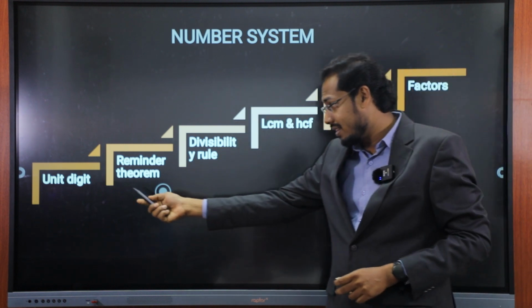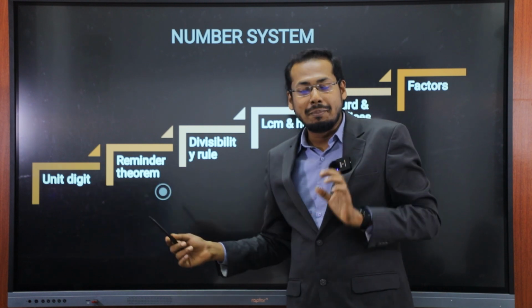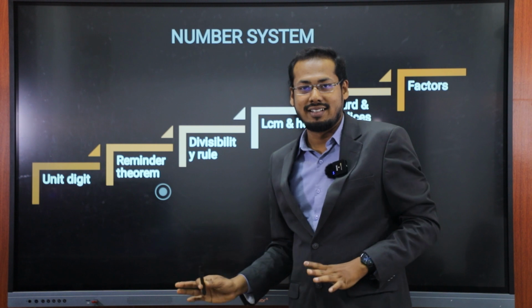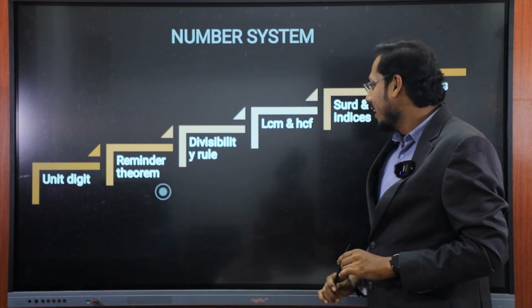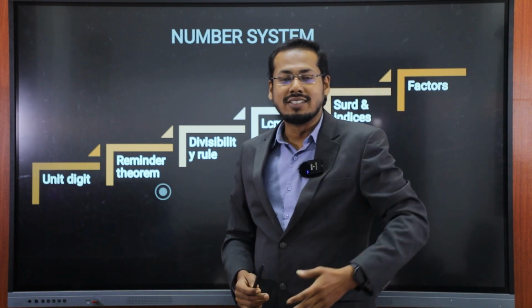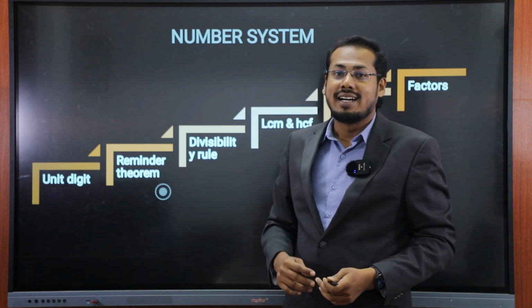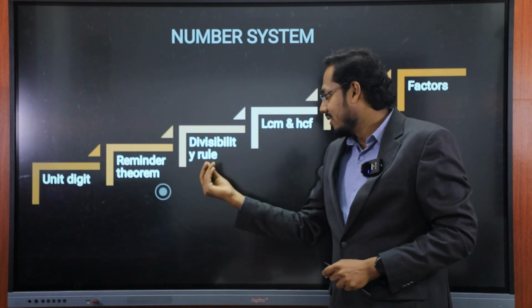So first, unit digit method. Most of the questions are asked on unit digit, and a very important concept is the remainder theorem. 3 to 4 questions every year are asked from the remainder theorem. And the divisibility rule. Sometimes they can ask direct divisibility rule questions, and sometimes inside the problem it is a small